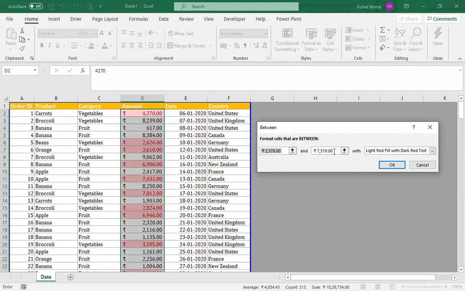Basically, it is trying to calculate the value of the quartiles, the second quartile and the third quartile, and the difference between them. By default it does the calculation, but we can always change it according to our requirement. So we put the range between 2000 and 5000.